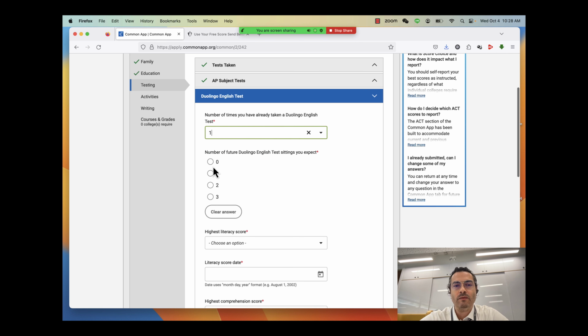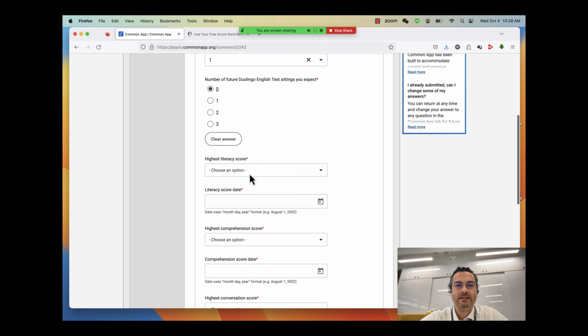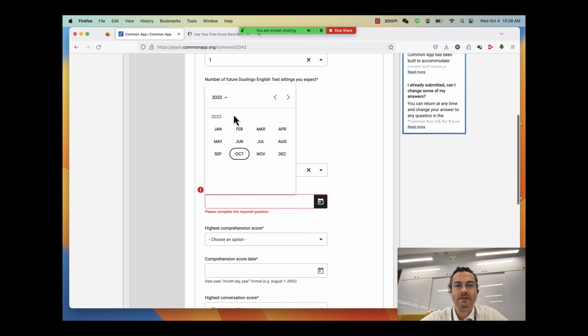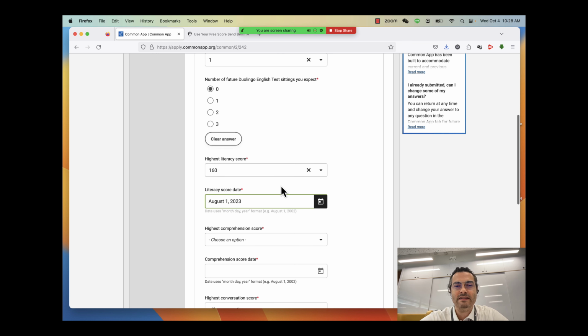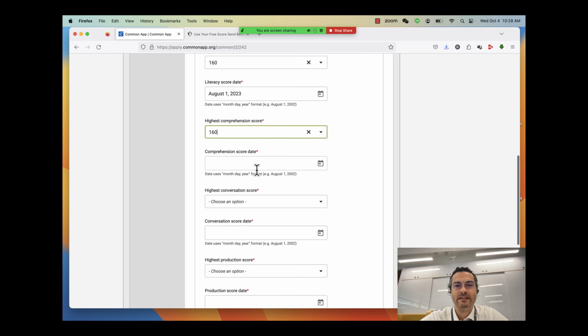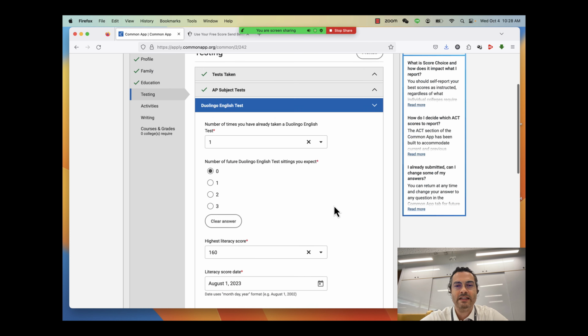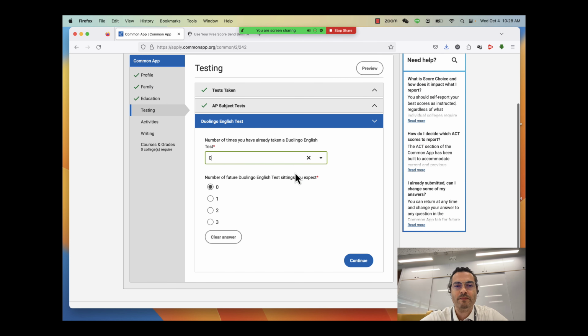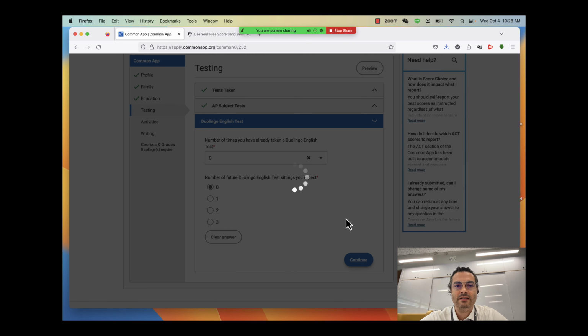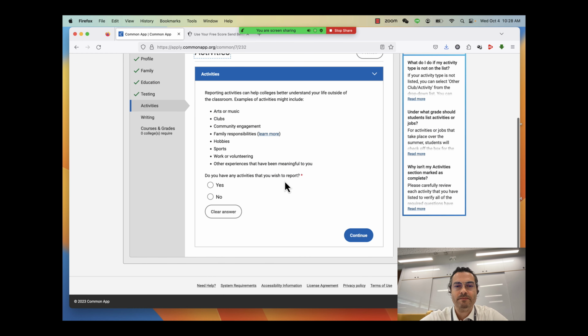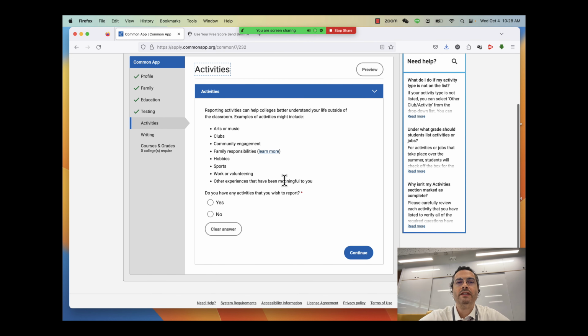And it asked me about how did I take the Duolingo. I took it once. I don't want to do it again. And I've got 160s on the date when I took it, August 1st. All 160s. So I got to fill in this because I chose it, but I could also just delete it. Okay. After you've added all the types of tests you took and want to report, you then move on to your